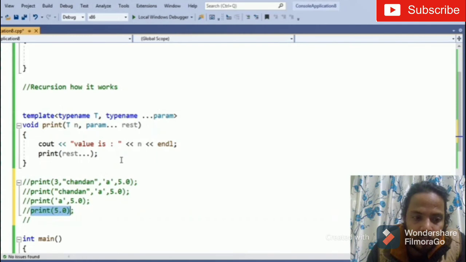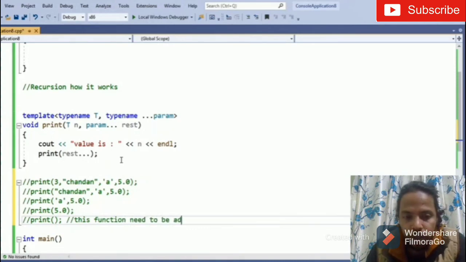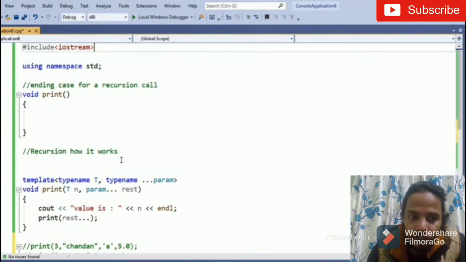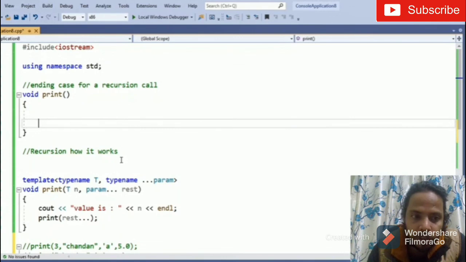So with variadic templates, you can see we have an empty body here, which we provide above. This is the ending case for the variadic template function to end. So with variadic templates we can pass multiple arguments to a function without adding further functions.